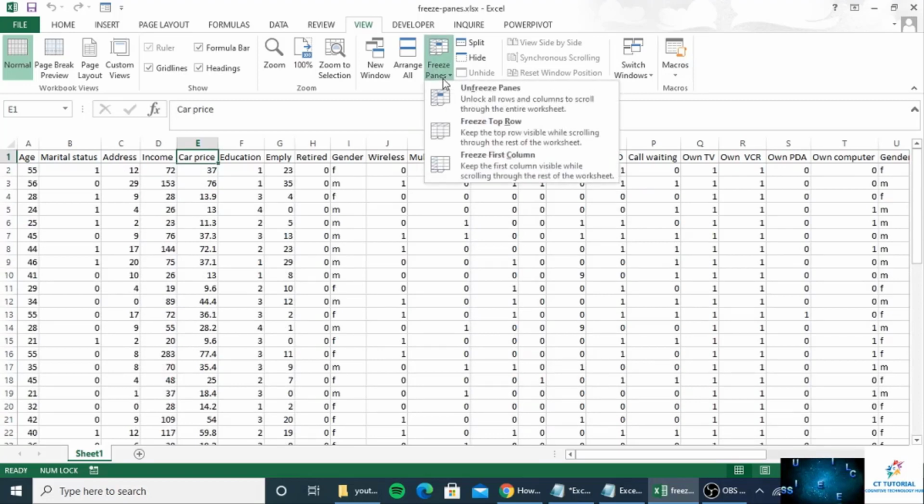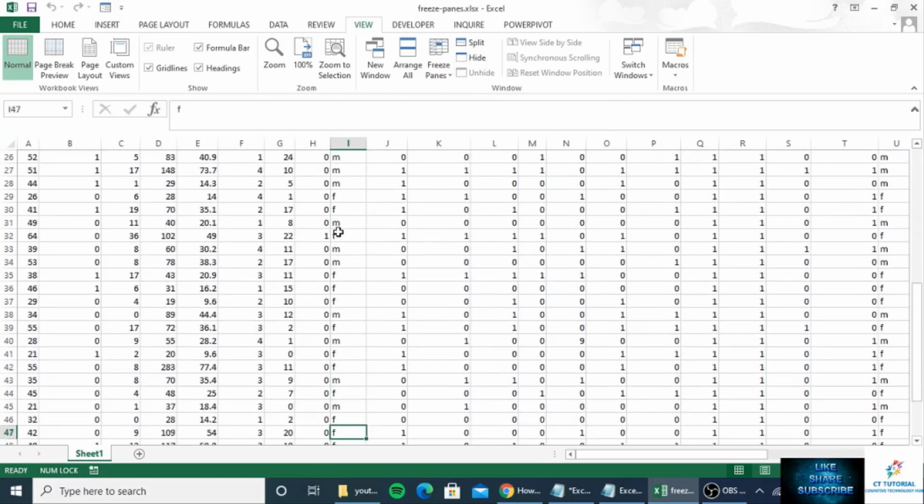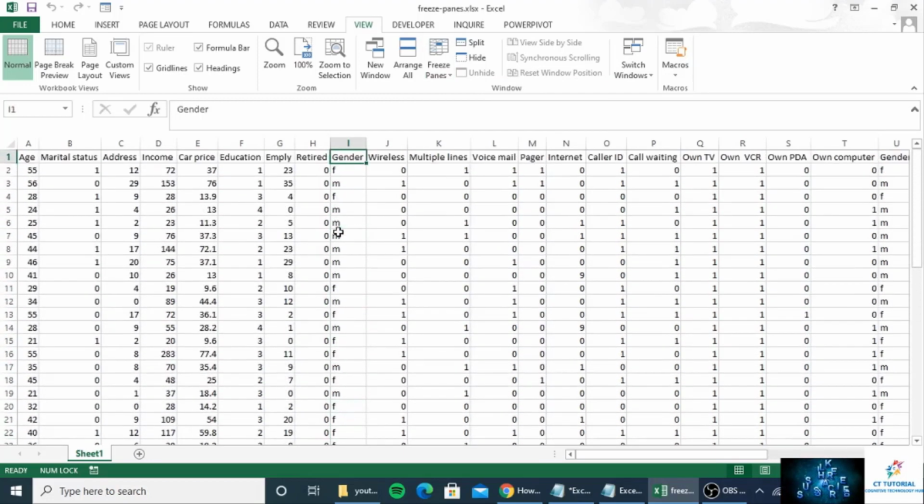Now I will show you how to unfreeze. So again click on the View tab, then Freeze Panes, and click on Unfreeze Panes. See, it is unfrozen. That means the top row is moving. How you can